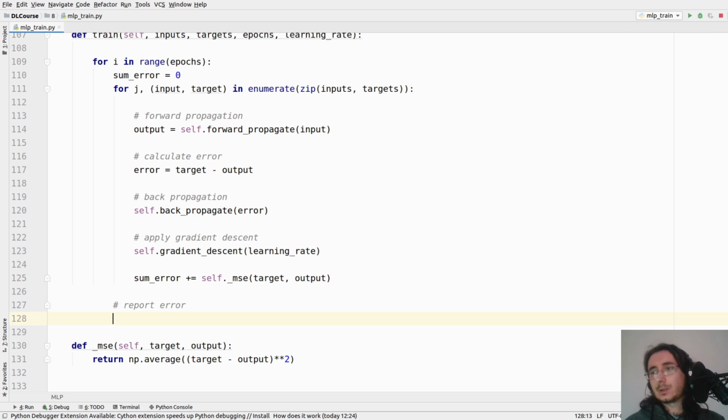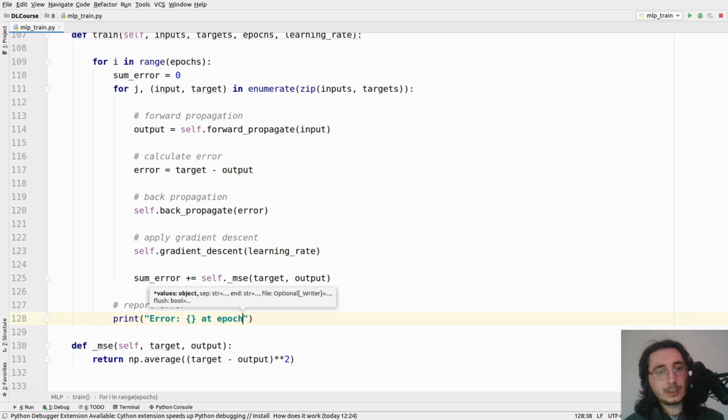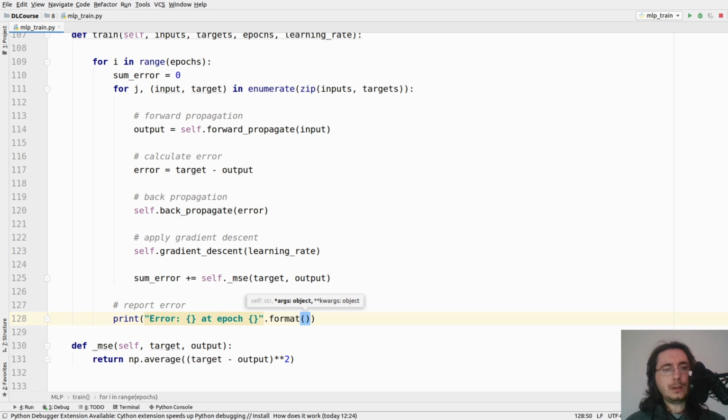So we'll just do a print over here, and we'll write error, and we'll say error is equal to something at epoch, and we'll have the epoch over here. Cool, and so we'll do format, and we'll pass in for the error